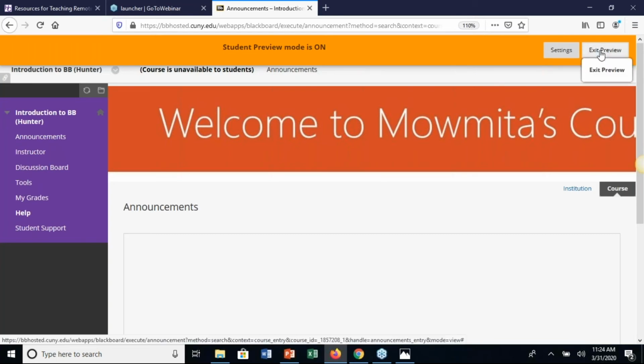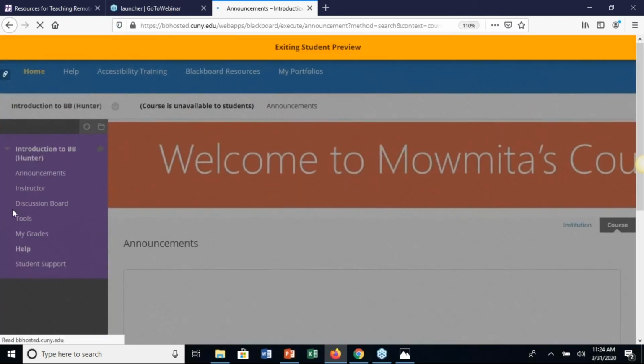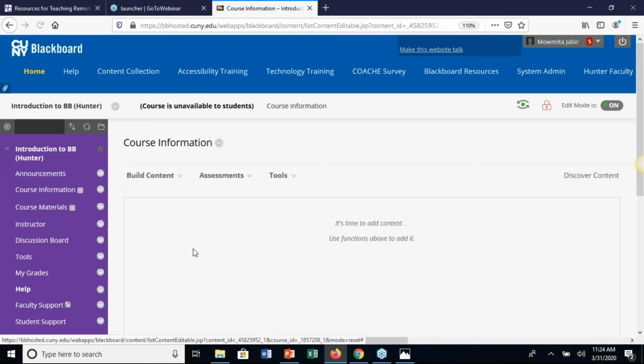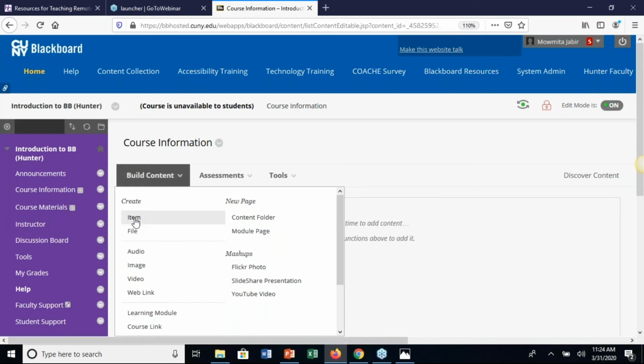So let me exit, and I will tell you why your students do not see the course information and course material. See these icons right here? I put the mouse over, and it says the link has no content. So when something has no content, or any folder or content area that is empty, students automatically do not see it. But if I simply add something here,